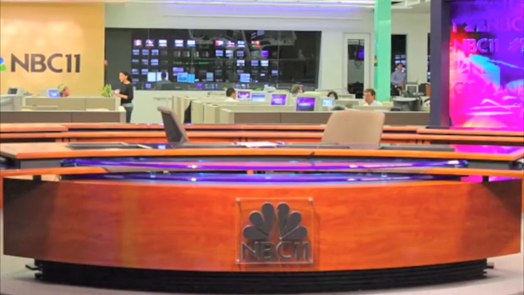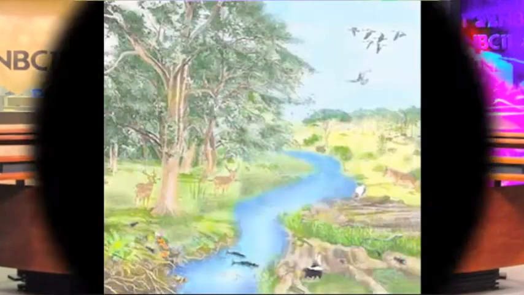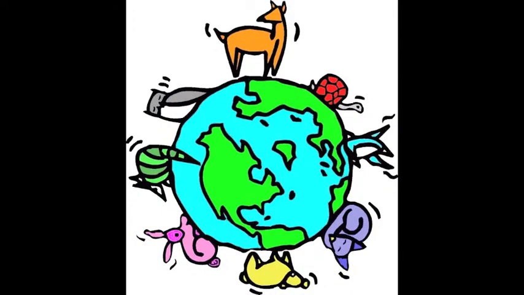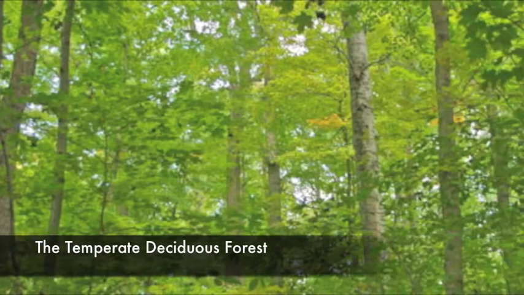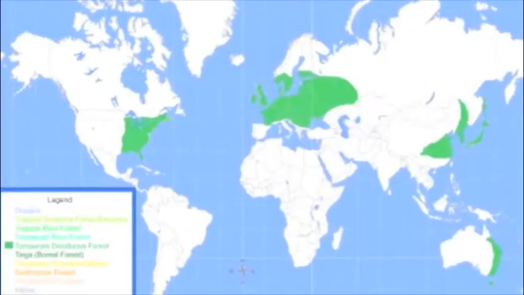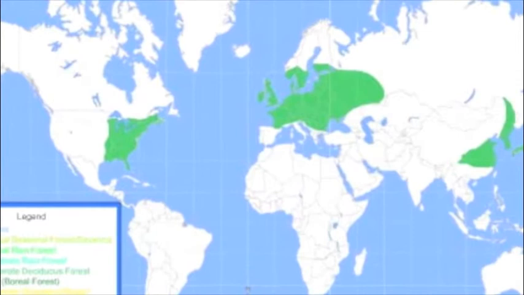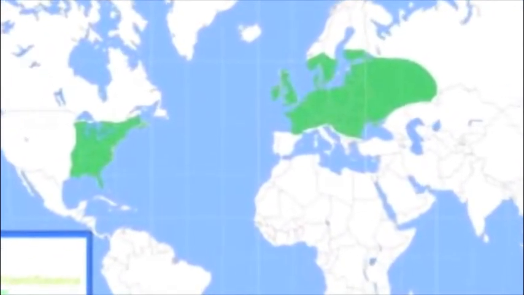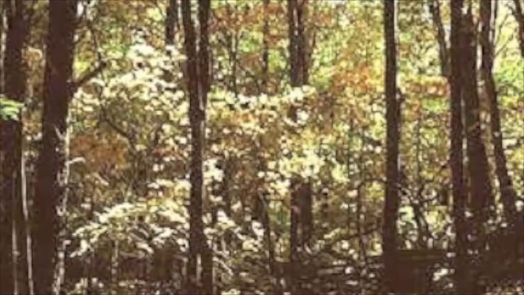If you tuned in to the podcast last night, you might remember us informing you that we would be covering a different major world ecosystem each night, due to Ecology Week. We covered tundra last night, so tonight we will be talking to you about the temperate deciduous forest. If you live in the north, east, or west of the United States, you'll be familiar with this ecosystem. We are based out of northern Michigan in the center of a temperate deciduous forest.